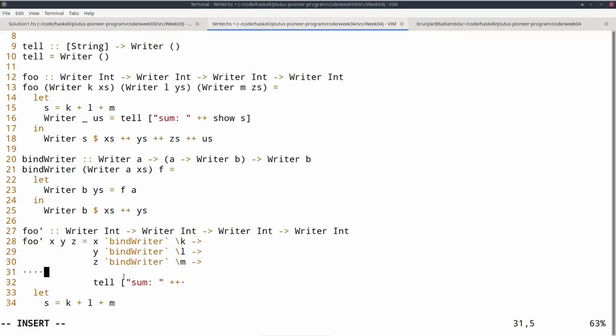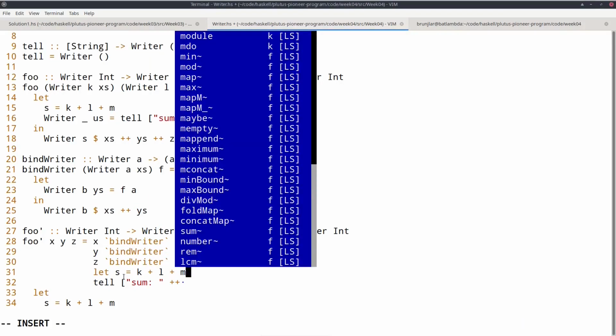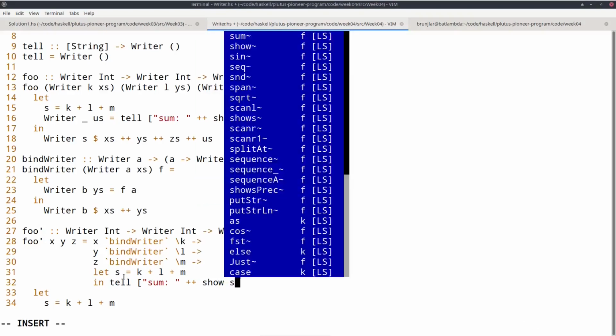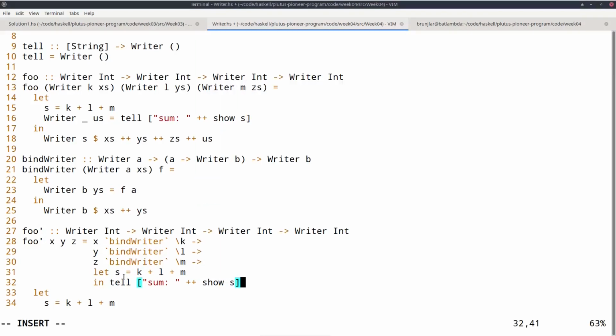But actually I can also use a let here. So let s equals k plus l plus m in tell sum is show s. Bind writer.